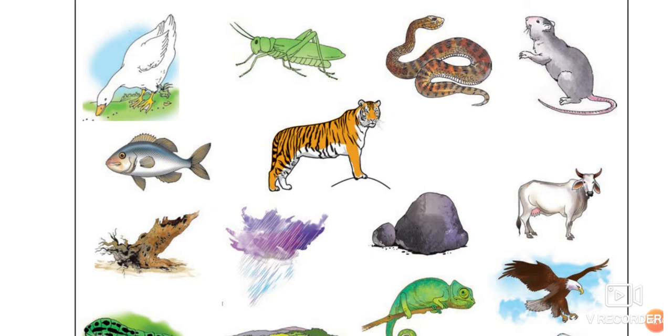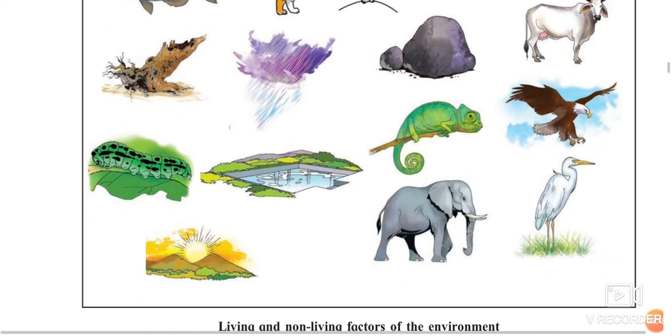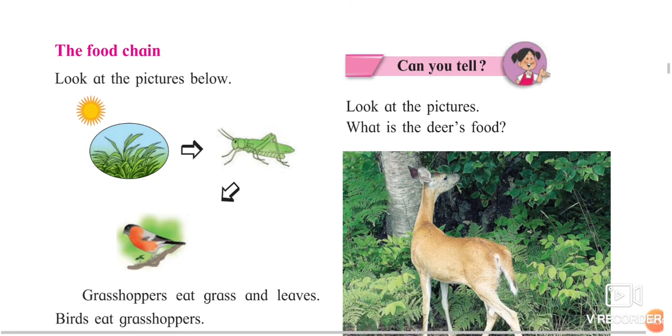So what I am trying to tell you here is that we are dependent on these animals for one reason or another, and they are helpful to us. They are always helping us to satisfy our needs. Okay. Now the food chain. Food chain means what? Now see, these plants are dependent on sunlight for food. How? Whenever sunlight is present, plants can prepare their own food. If sunlight is not present, the plant will die.